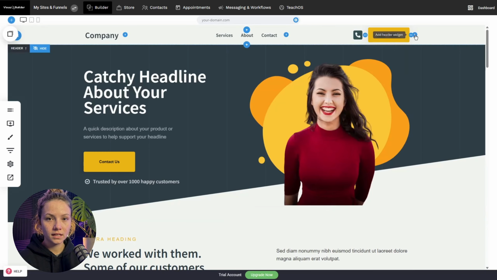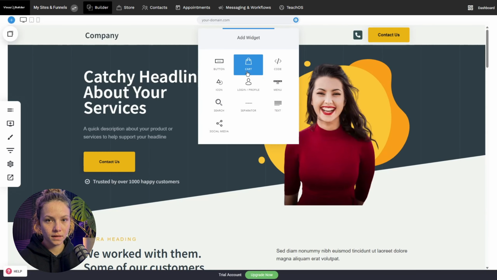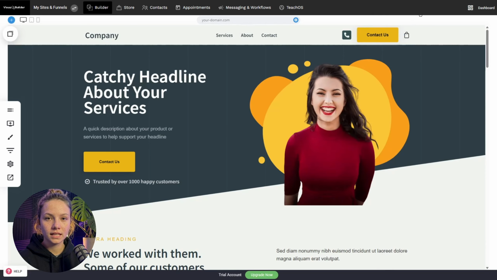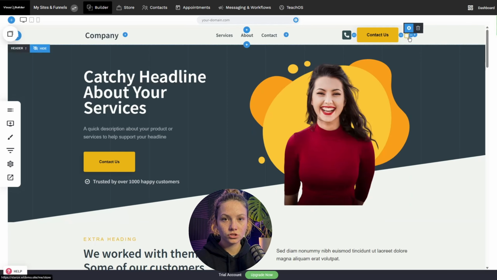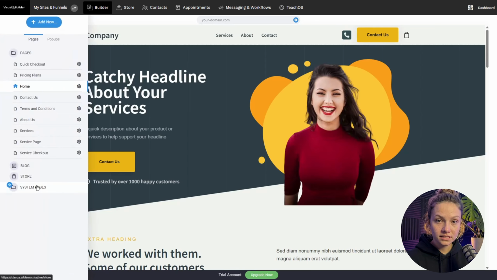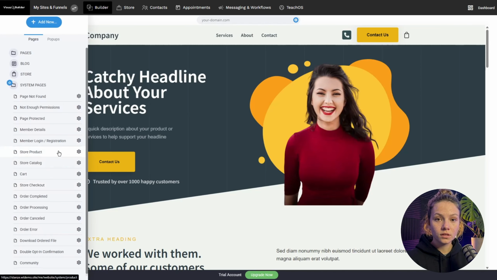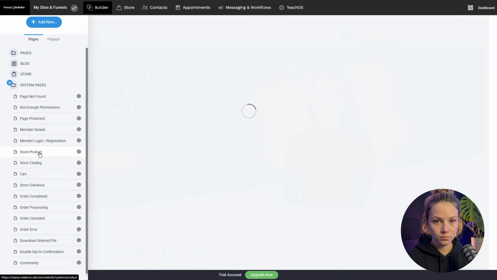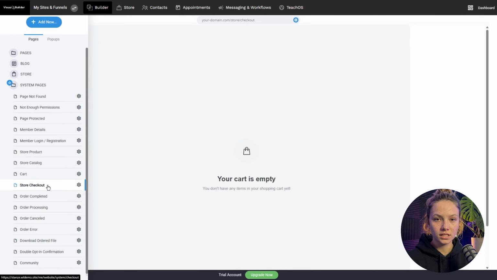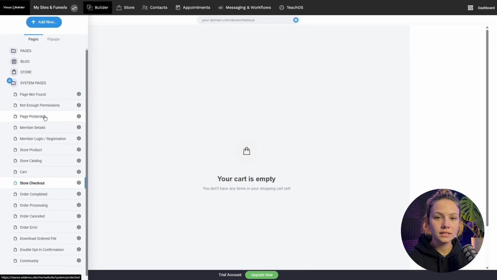If you want to add an add to cart to your header, it's very simple. You just go and click add to cart, and now if people have anything in their cart by adding products from the store, it will be shown here, and they can go into the standard flow. This is a flow that you can customize easily from the store again. Product page, the store catalog page. These are the default ones that will directly take information from the store, and the store checkout page as well as the thank you page,